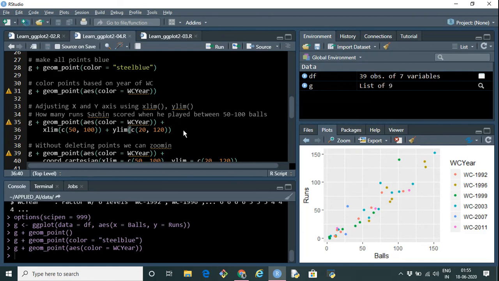So basically I'm just limiting my values. On the x-axis we have the number of balls he faced in that innings, so I'm limiting it between 50 to 100. The first thing is the same as what we did earlier, that is g, which is the base graph, plus geom_point, aesthetic color based on the World Cup year. Now I'm adding another layer to this, which is to limit the x-axis. I'm limiting the x-axis, which is the number of balls he played, between 50 to 100,